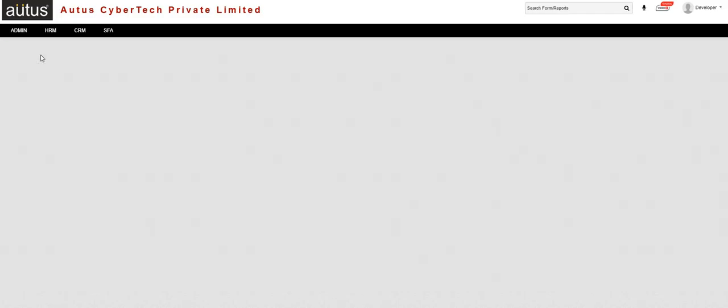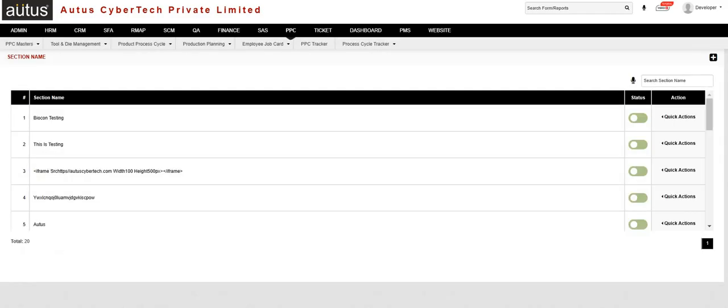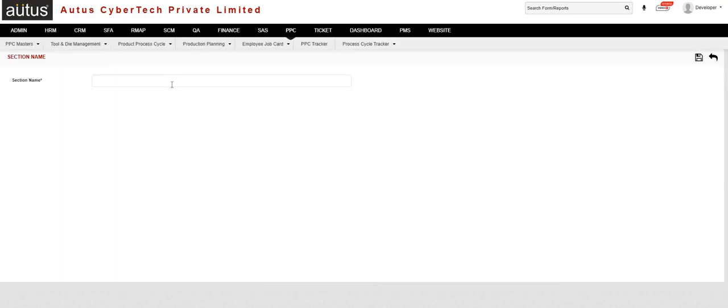In the PPC master, you click on the section name. From here, first we need to add the section name. From the add button, you have the option to add the section name. This is a single field master. Once you add the section, either section number 4, section 3, section 5, basically it's a section that we need to divide and they need to be mapped with the process as well. So section 1,